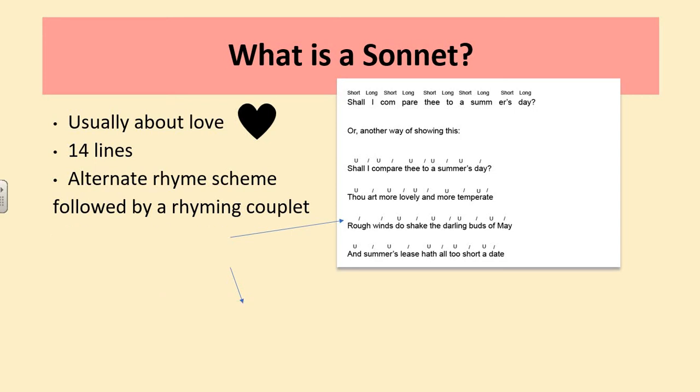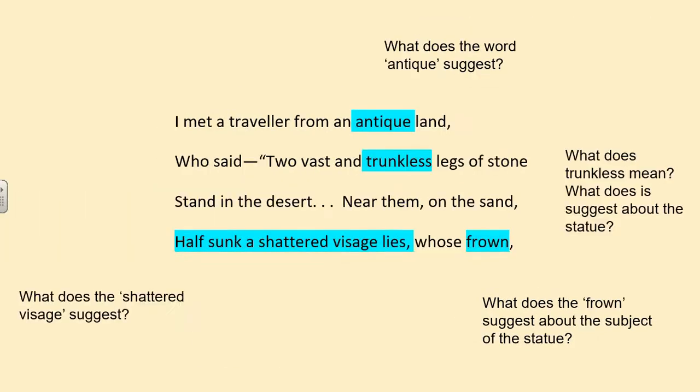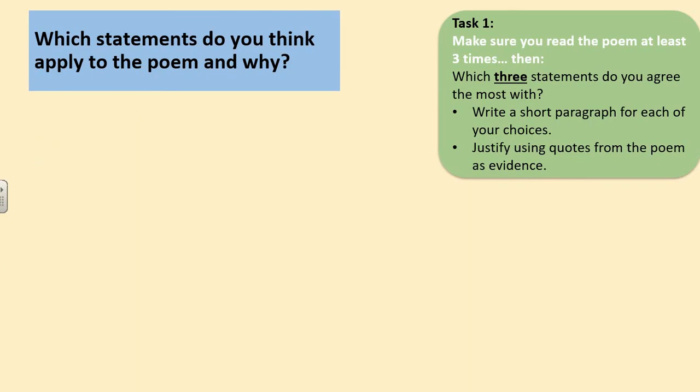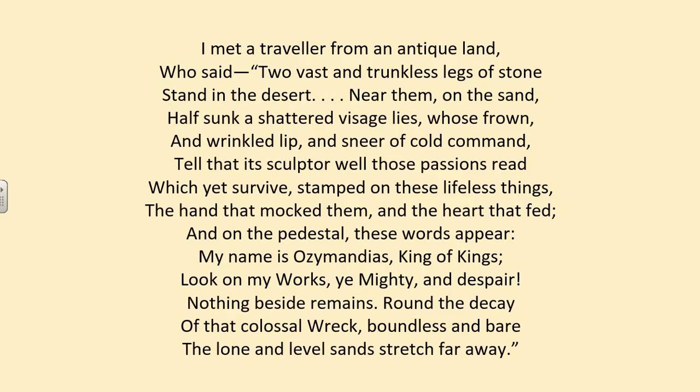So now let's have a quick look again. We're going to whiz back to this poem. I want it to be on the one where we have the slide with it all there. Okay. I met a traveller from an antique land. Right, if you go traveller, that's 11. If you go traveller, that's 10. So we've got some iambic pentameter. Where's our volta? Where does it change direction?